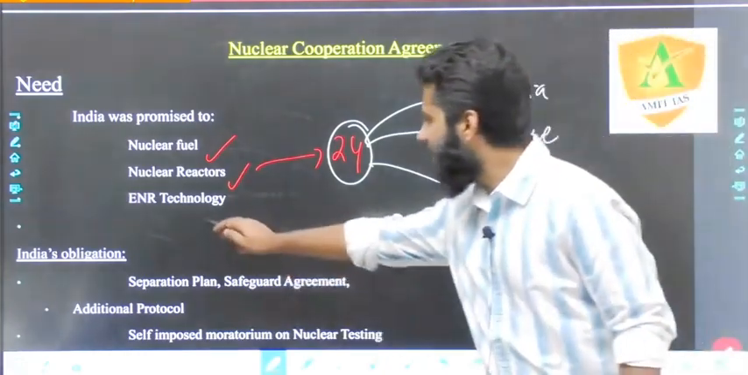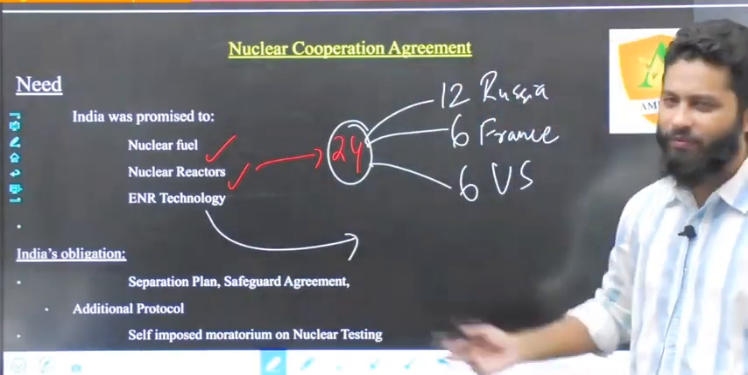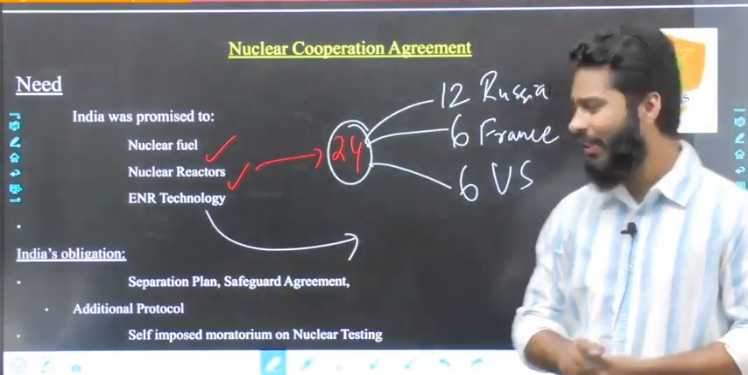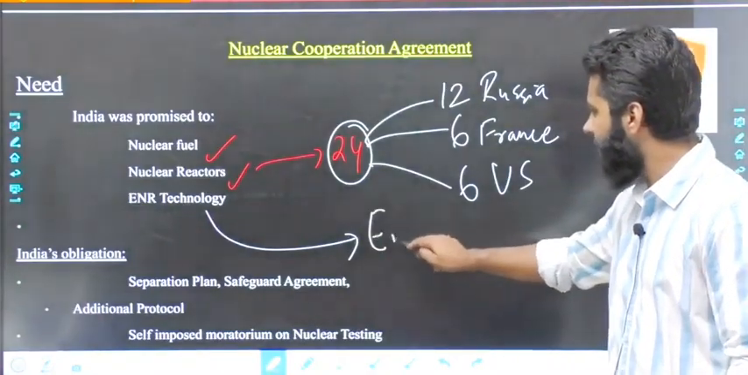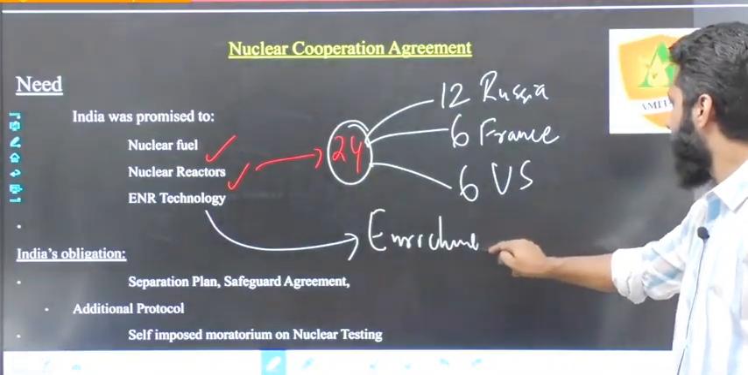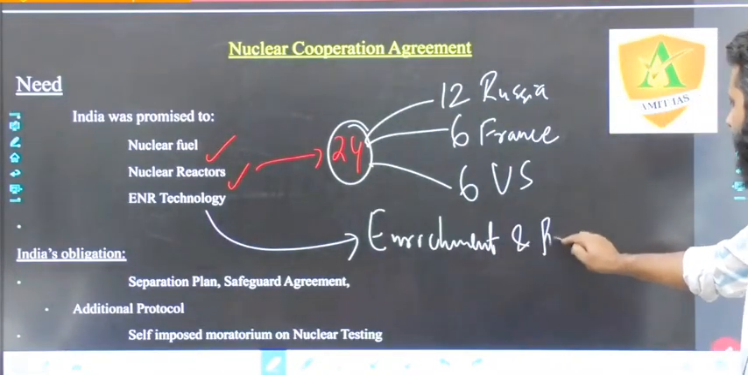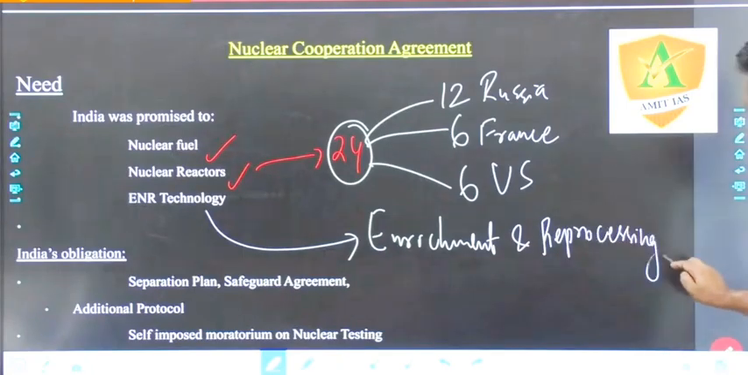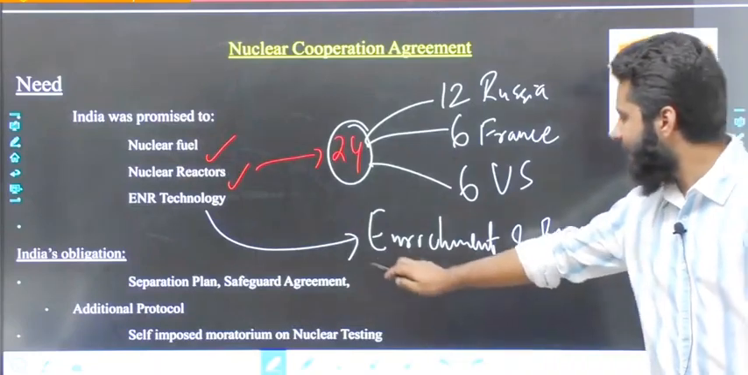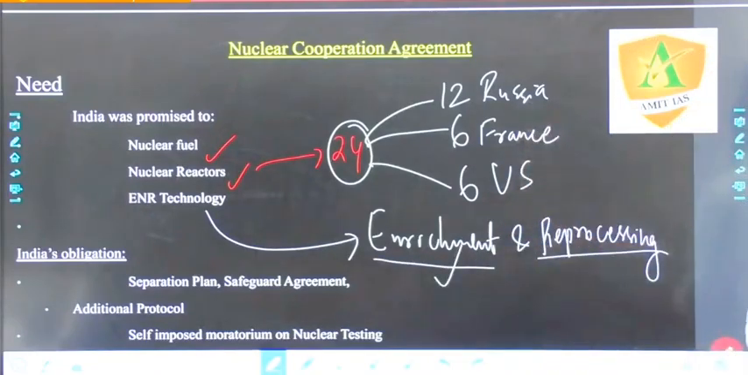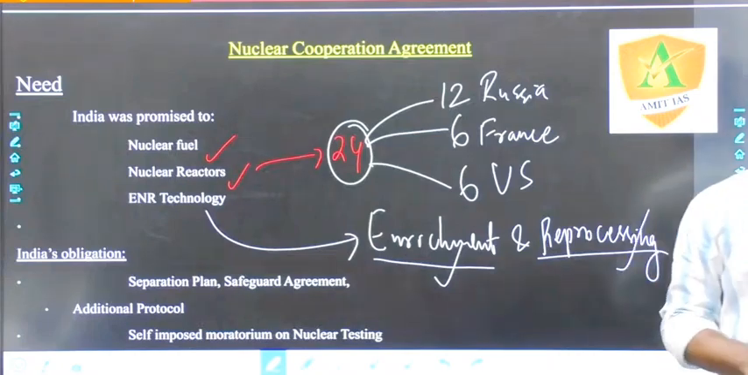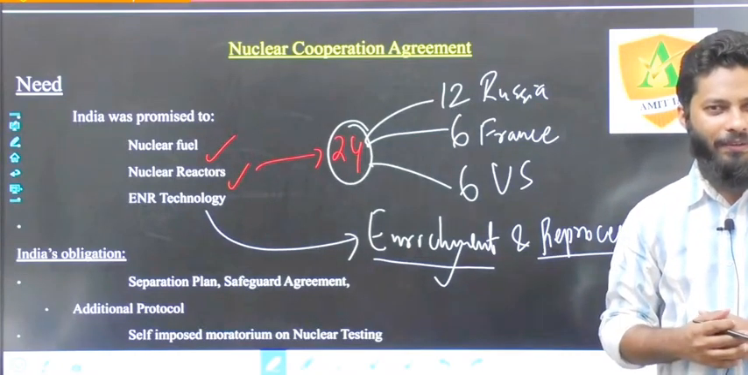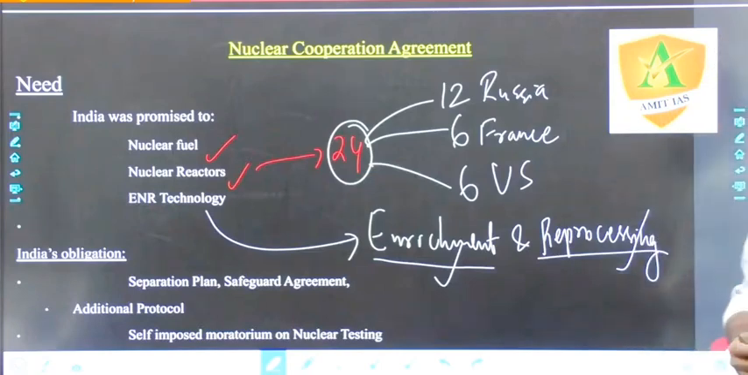And there is ENR technology. So we have not got ENR technology yet. This is enrichment and reprocessing. So we know what is enrichment, right? Increasing the percentage of uranium-235 from the naturally occurring uranium, and the reprocessing is nothing but whatever spent fuel is there. Whatever spent fuel is there, for example,